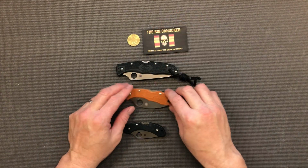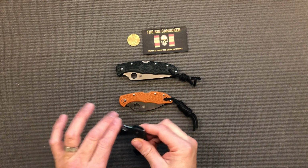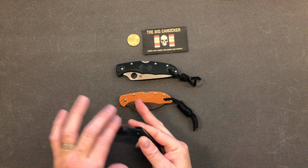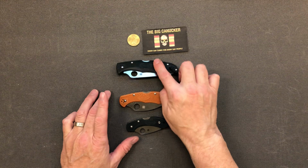Although I have to tell you, that is the first time I've ever been able to Spidey flick this little bugger. Usually I kind of screw it up because it is so small. There we go, look at that. I can only get it done one time. But, you know, the bi-directional FRN handle,